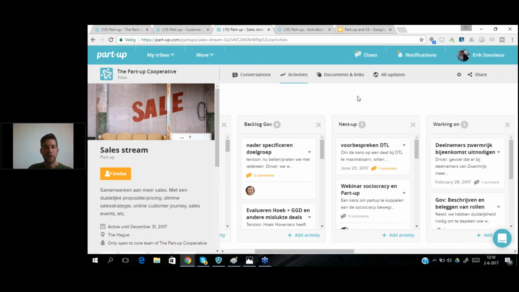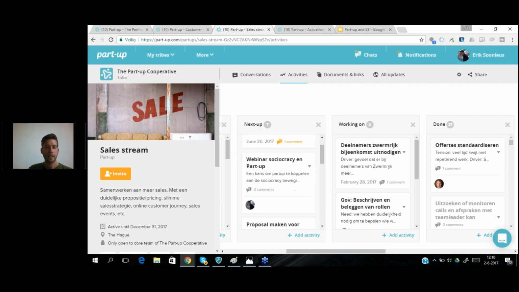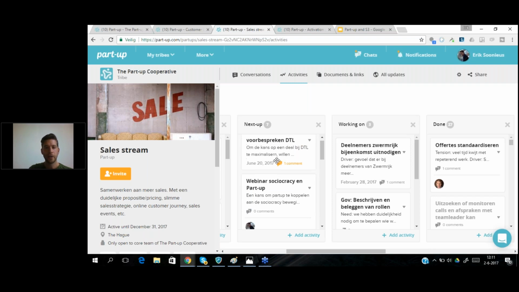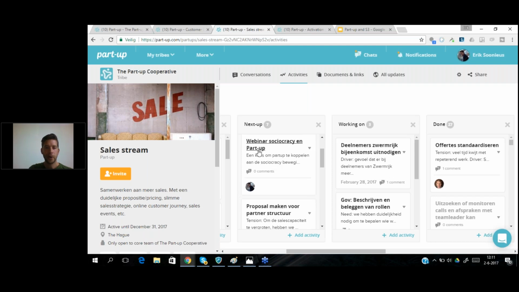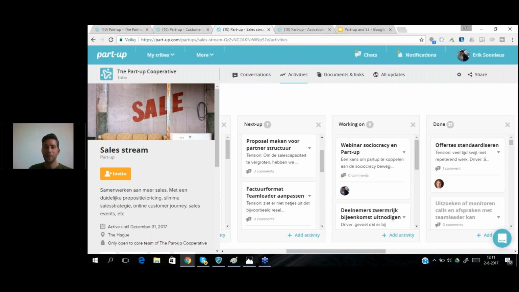We work based on a pull-in principle, so we decide on what needs to be done next. This is a shared effort, so basically once every 2 weeks we decide on what's the next up. And here you can see the Partip webinar as well is one of the activities that needs to be done. And I'm now actually working on it, so I can move this card to working on, and after this webinar it will be done. And here you can say, I want to do this, which I already did because my face is on it, or you can invite someone,